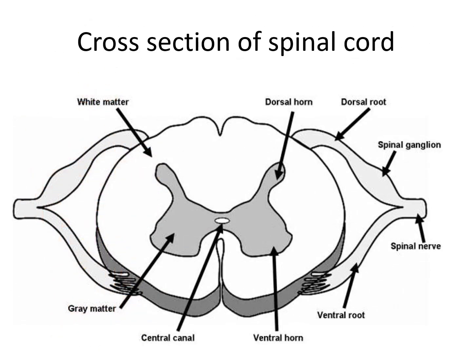Here we can see the cross section of the spinal cord. In this cross section, you can practice the diagram that is given here. It's a very simple line diagram which has to be learned to understand all the concepts of the central nervous system. The inner portion is the gray matter and outside is the white matter.